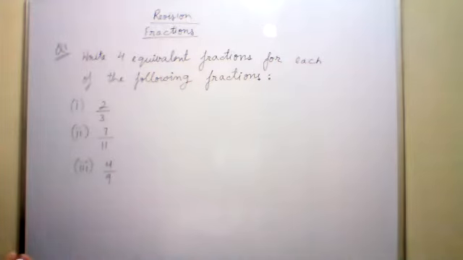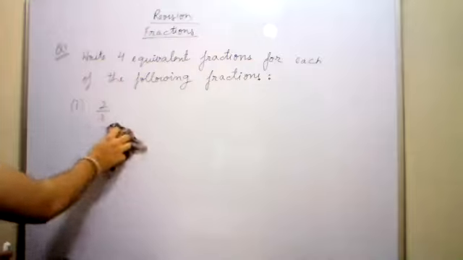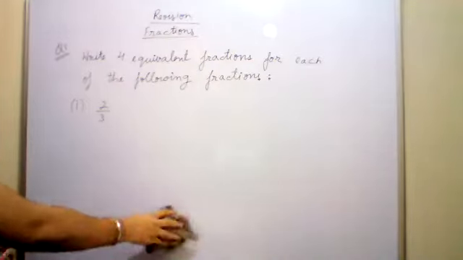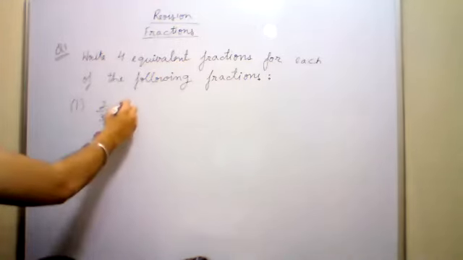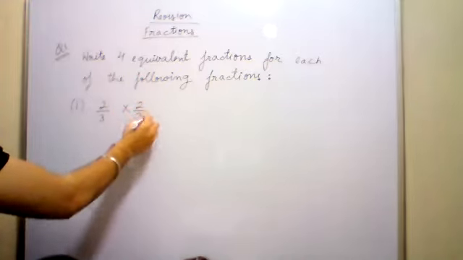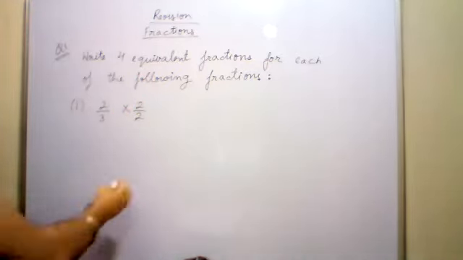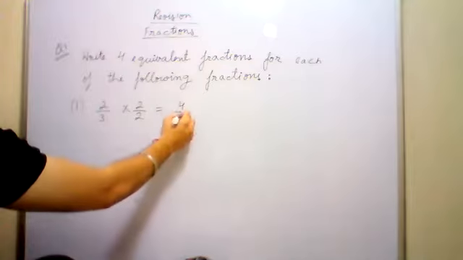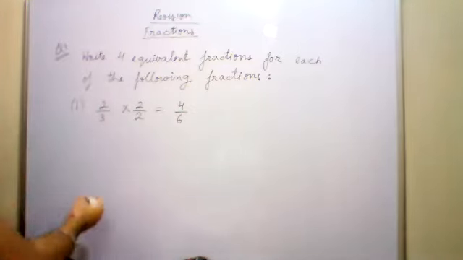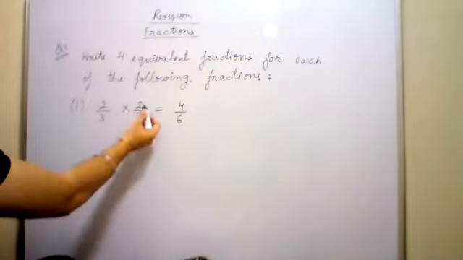Okay, I'm telling you the first one. The rest of the parts you can do. I know you all must have done all the parts, but still, because this is revision, I'm telling you the first part for your help. So what you can do here, you multiply the numerator and denominator by the same number. If you multiply numerator and denominator by the same number, you get a fraction which is equivalent to the given fraction. So like I have multiplied by 2 in the numerator and also in the denominator, multiplying by the same number.